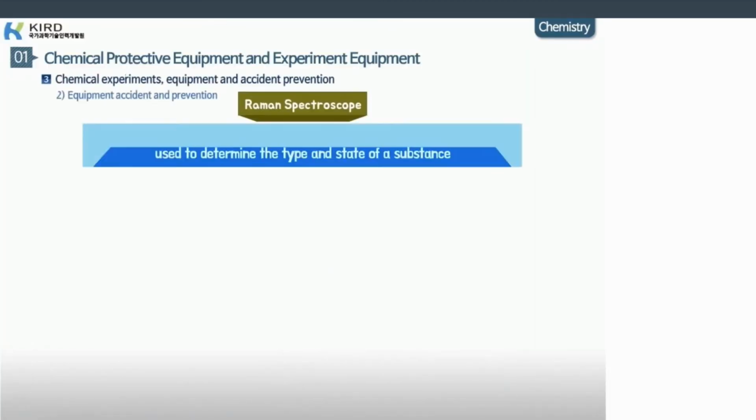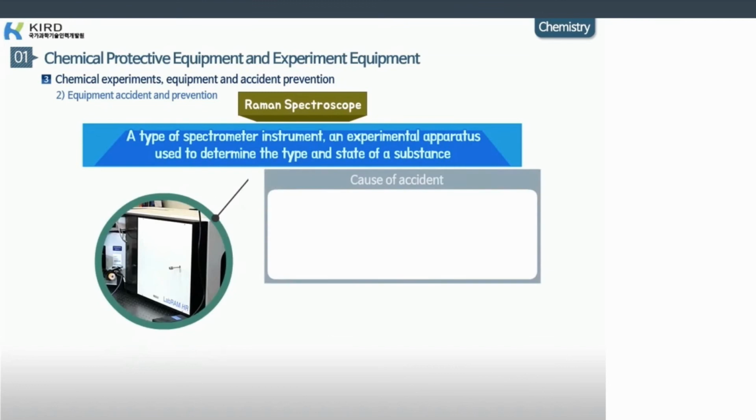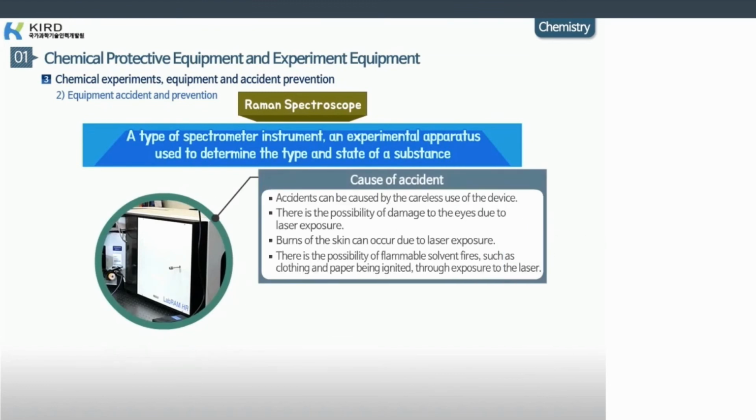Raman Spectroscope is a type of spectrometer instrument, an experimental apparatus used to determine the type and state of a substance. Accidents can be caused by the careless use of the device. There is the possibility of damage to the eyes due to laser exposure and burns of the skin due to laser exposure. There is also the possibility of inflammable solvent fires, such as clothing and paper being ignited through laser